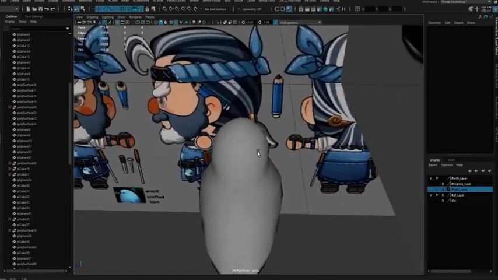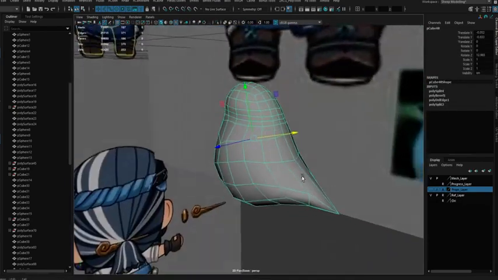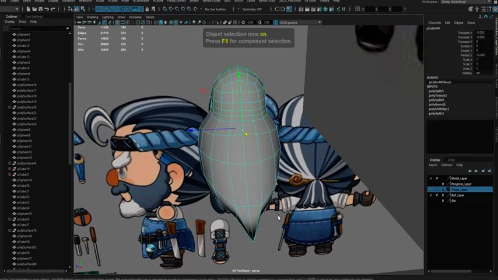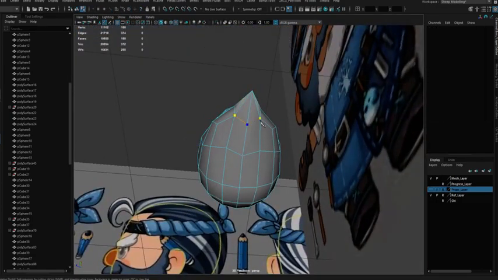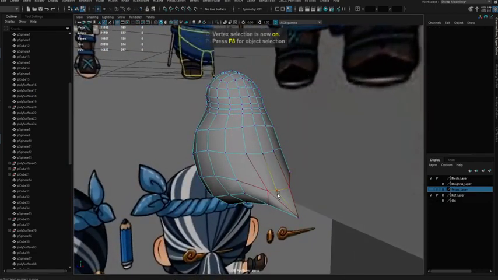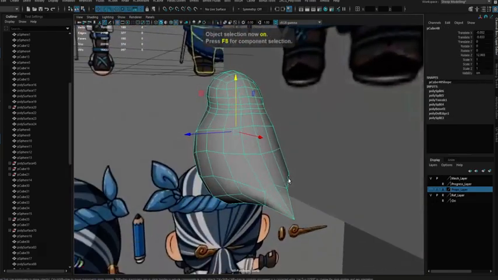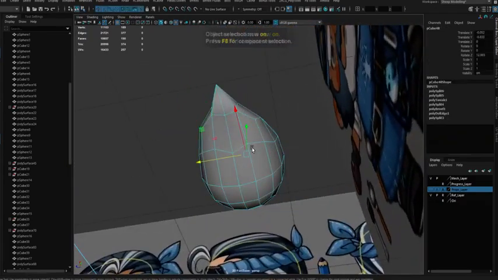Yes, this is just way off. Polygons, so bring this guy up, bring this guy up just like this, and yeah, good to go with this.